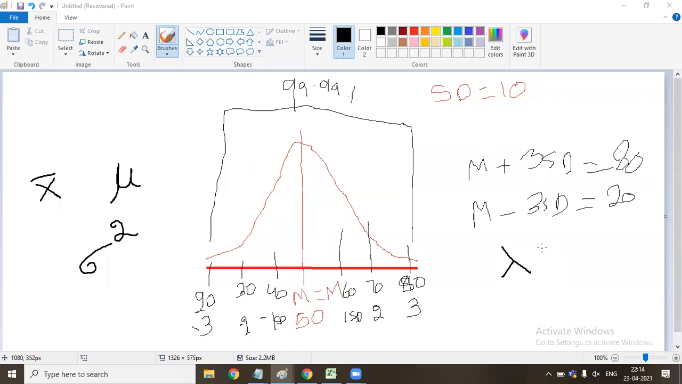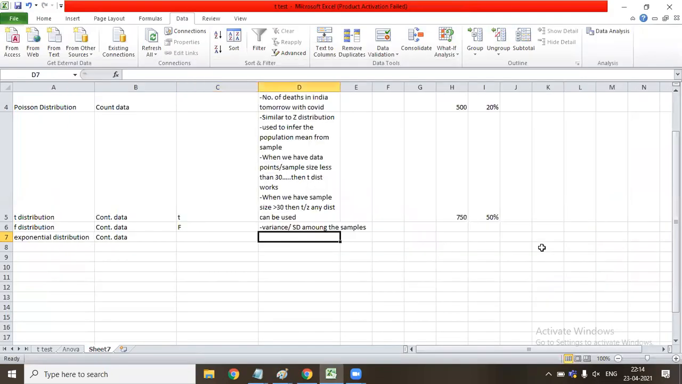We normally use it when we need to calculate the time between the events. Example being, so